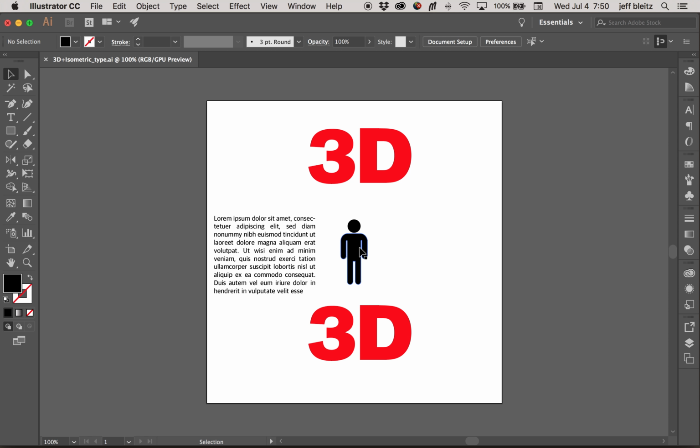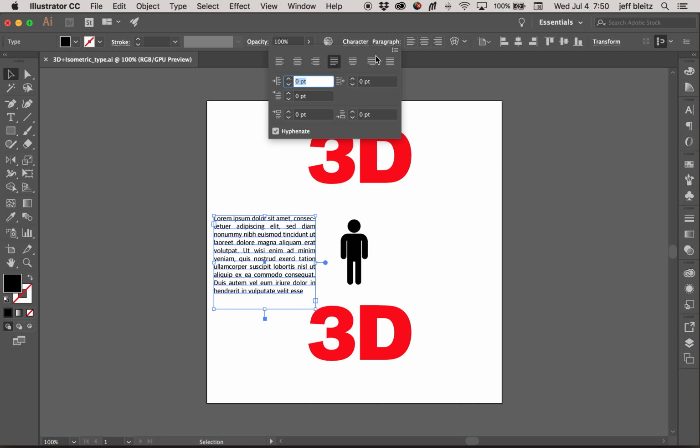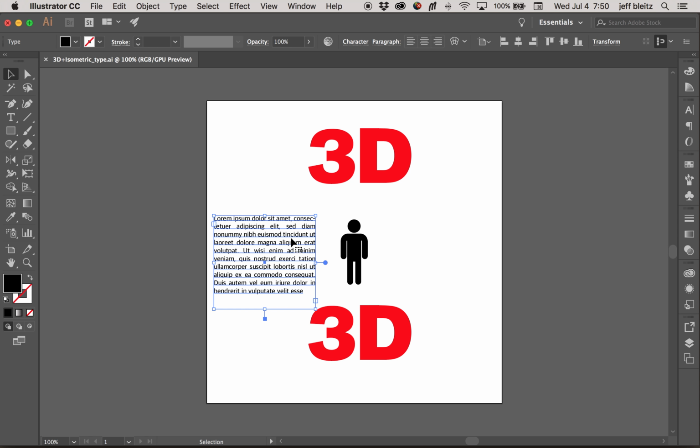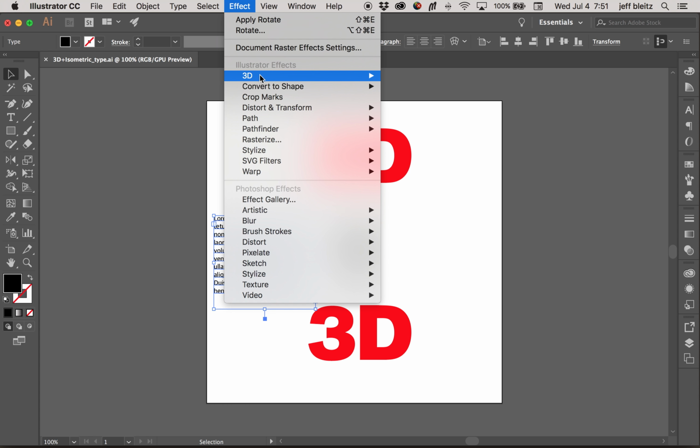And this can work on text or it can work on drawn objects. I'm going to start by, well, I've got my little icon guy, and I've got a block of text which is justified text, so it's flush left and flush right. And I've done that because I'm going to make this block of text look like it's maybe a wall next to this icon guy. I start by selecting the thing I want to apply the 3D effect to, and